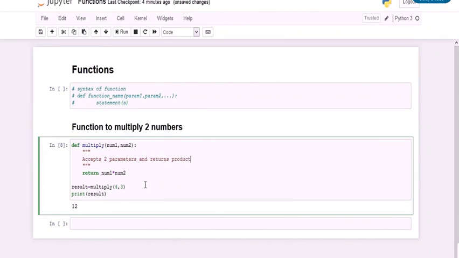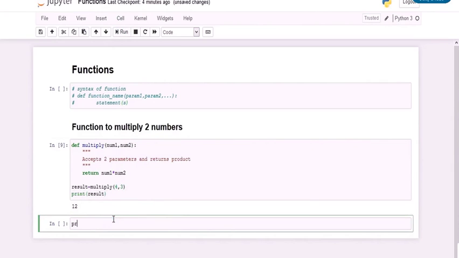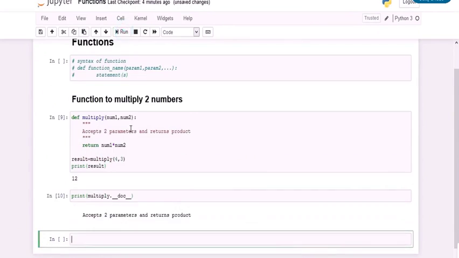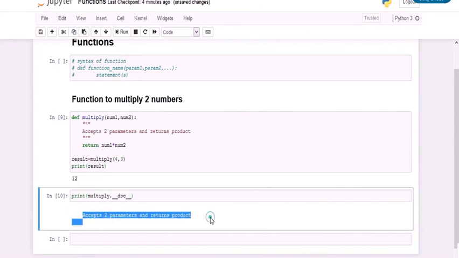So I'll add the docstring. You can check the docstring of the function using print multiply dot underscore underscore doc underscore underscore and close the bracket. So you can see that the function description has been printed.